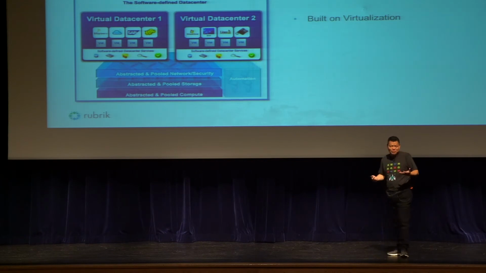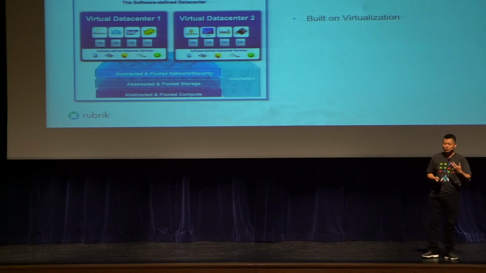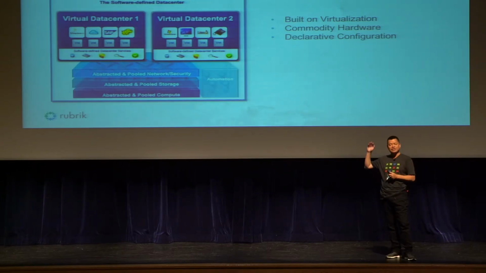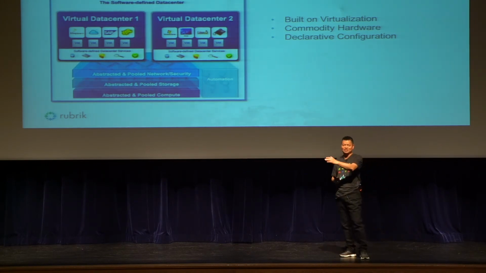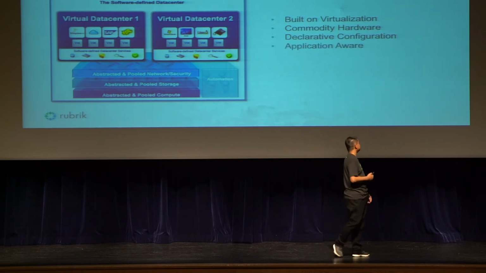And he talked about the fact that obviously it's going to be built on virtualization, this is VMware, right? They're not going to say we built it on physical. And there are good reasons for that. And it's going to be commodity hardware. At the time they knew vSAN was going to be coming out, and that you could use that in white boxes. They hadn't announced it yet, but they wanted a solution that you could run anywhere on any x86 hardware. The idea of declarative is that instead of having to click through a bunch of different steps, you should be able to just say, I want this configuration, and the SDDC would auto-magically create that configuration for you across compute, network, and storage.